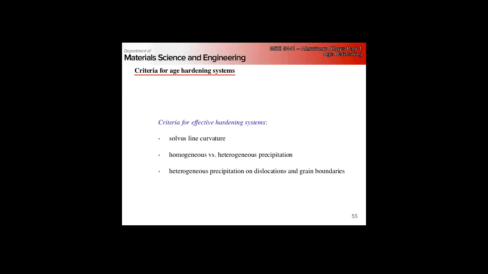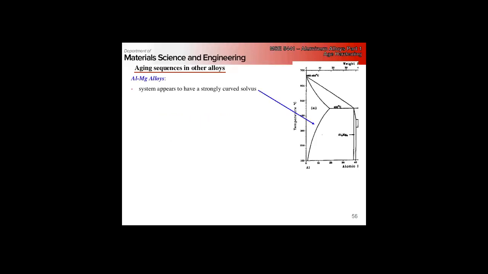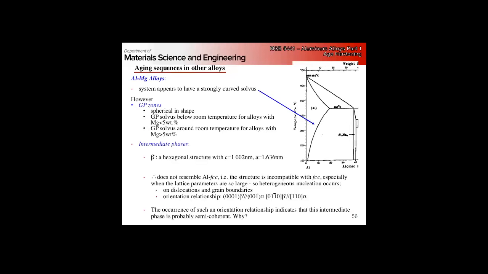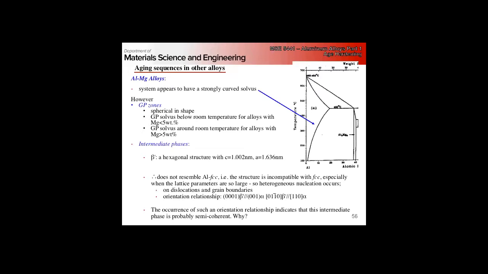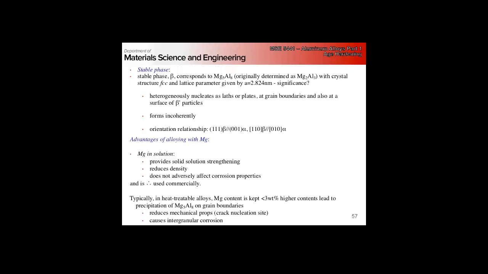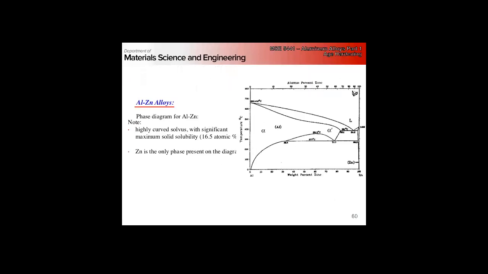The main criteria: we need a high curvature of the solvus line. We want something that's going to precipitate homogeneously for best strength, and we also want to avoid heterogeneous precipitation at grain boundaries where possible. Aluminum magnesium, remember, has spherical GP zones. Again, you don't need to remember